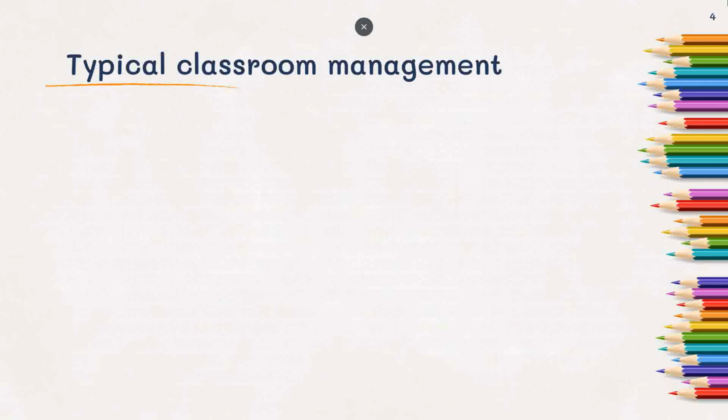So typical classroom management systems. Where do we usually fall? If you just were to survey 50 teachers, or maybe just go observe 50 random teachers, you would find that they would really fall on a continuum between two ends. On one end, you have the punishment.